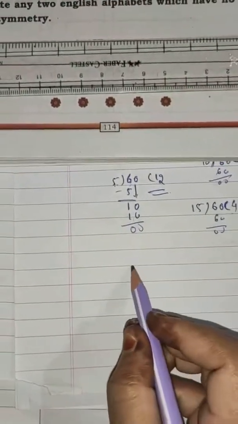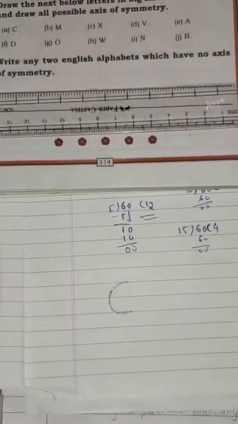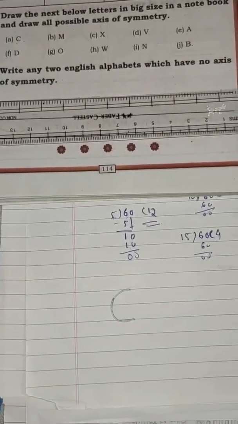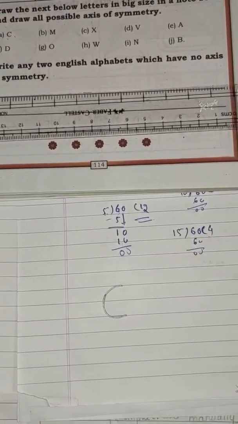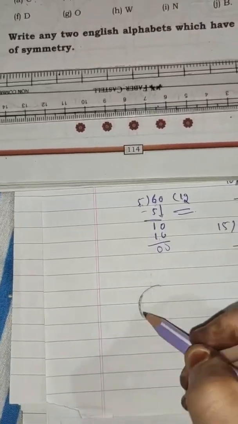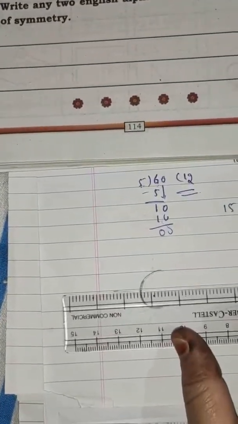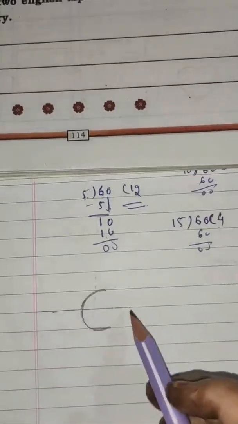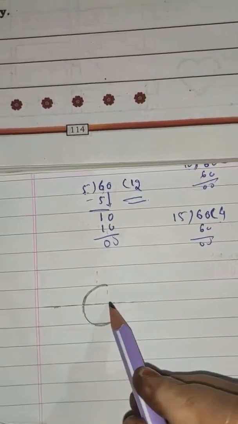See, we'll take this one. See here, I will draw the C. Bigger one you can draw. Okay, now how can I divide this one? How can I put the axis of symmetry? How can I draw the symmetry line here? If I draw like this, this will become more and this will become less. So yes, horizontally you can. So just take a scale and put a line like this. So see here, I have drawn the line. So I got this is half and this is another half. Means this is one line symmetry.